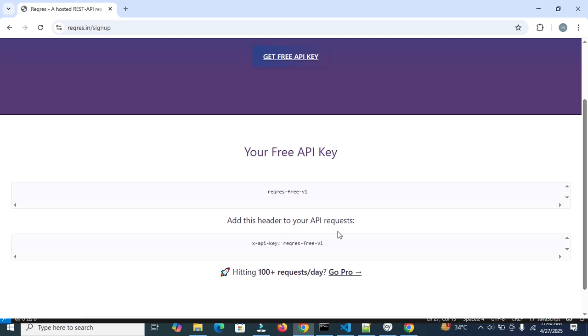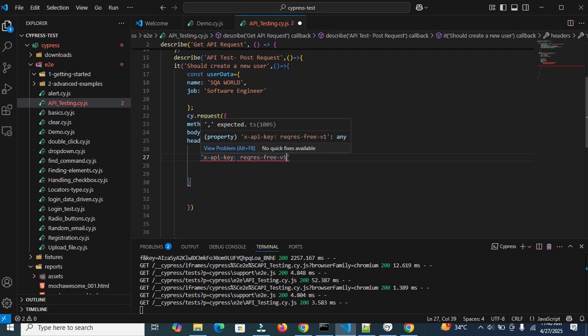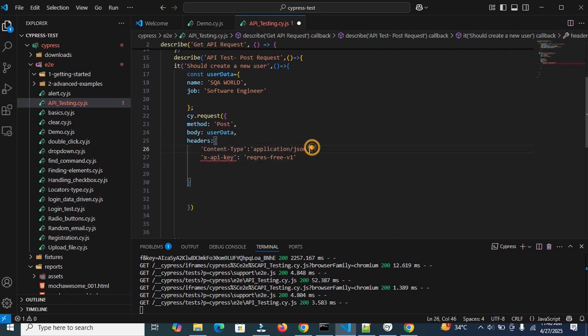Add this header to your API request. We need to add this key in our header section. Insert here. Same as we need to insert comma here. Now we are getting error because